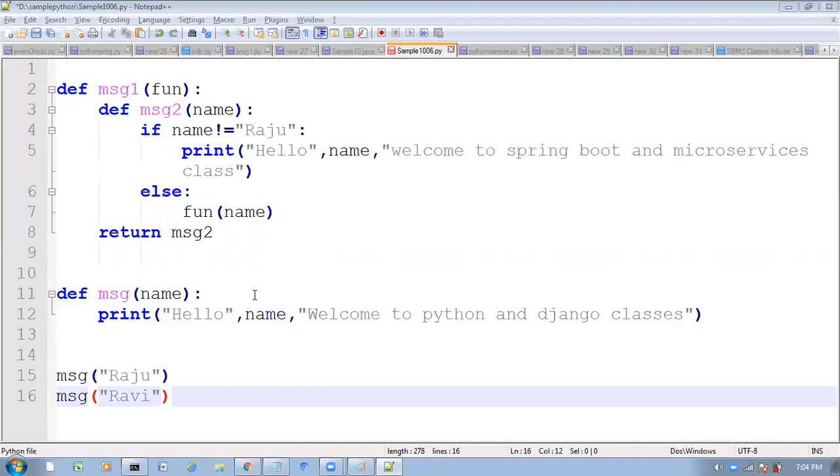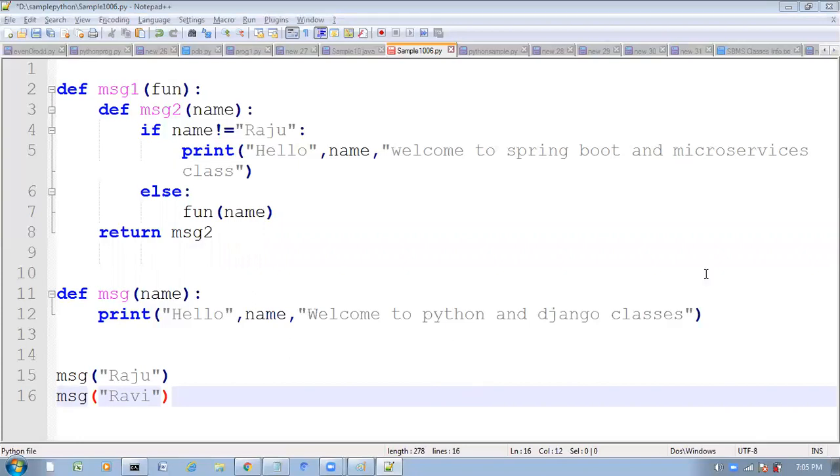Ramchandra Garu, Lahari, please respond. What output will we get if I run this program?